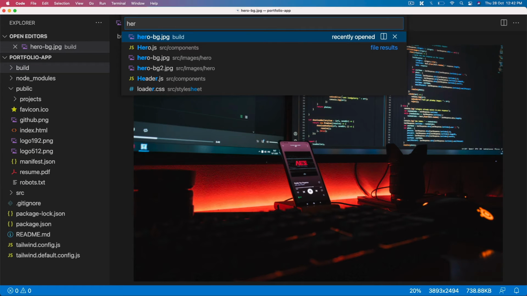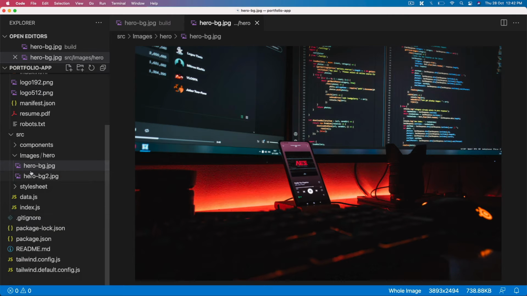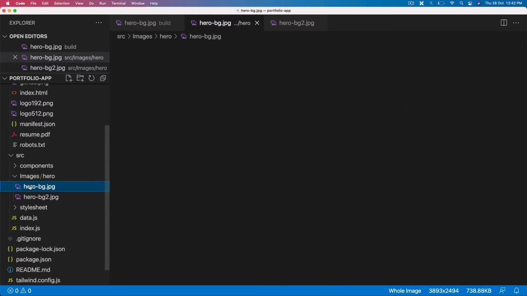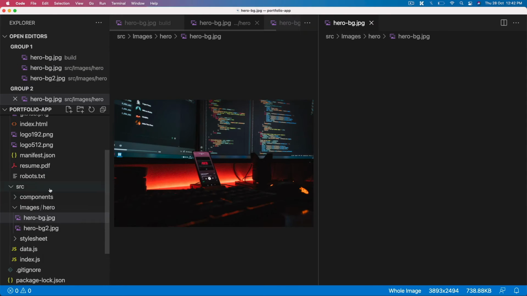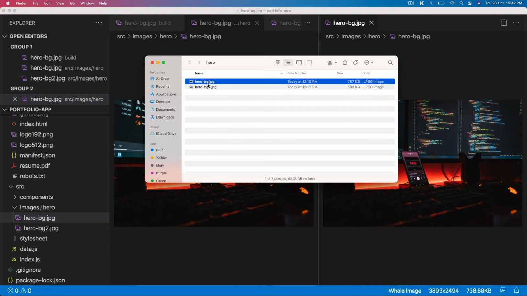Let's look at other places. We have it in SRC images hero. So inside the images, he has kept all the images here. So there are two images, and we just need to update this one. So again, I'll do the same thing. I'll just open it into the folder. I'll go ahead and